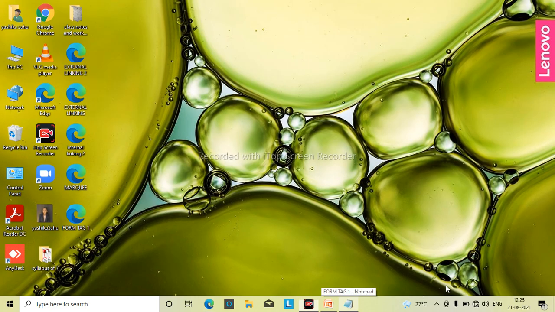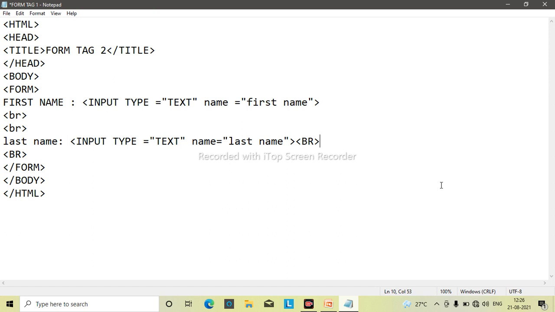Understood? Now don't erase it. Now what you have to do is start from here only. See, the last name, after that you start. Now let's write gender. So you put this and you write gender, and you have to put now BR. Now you go to the next line. Input type. This time we are using the second one, radio.